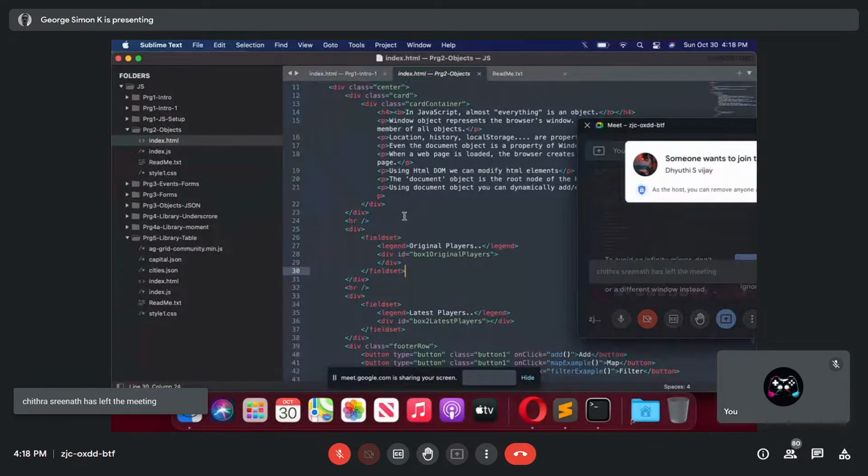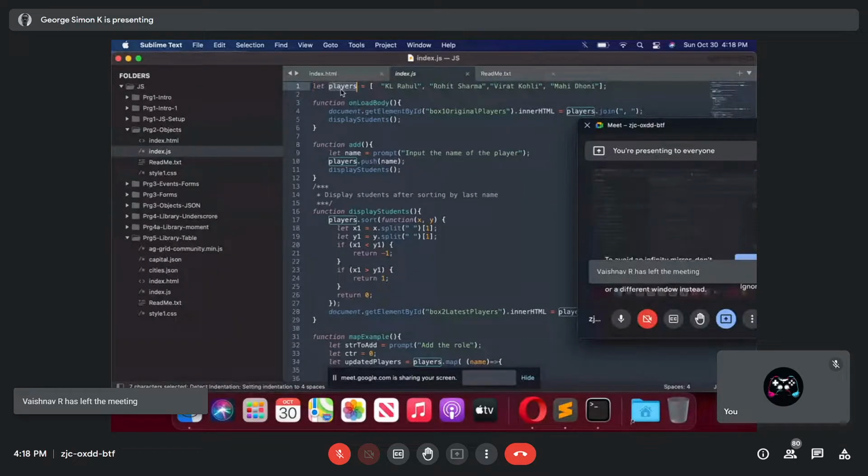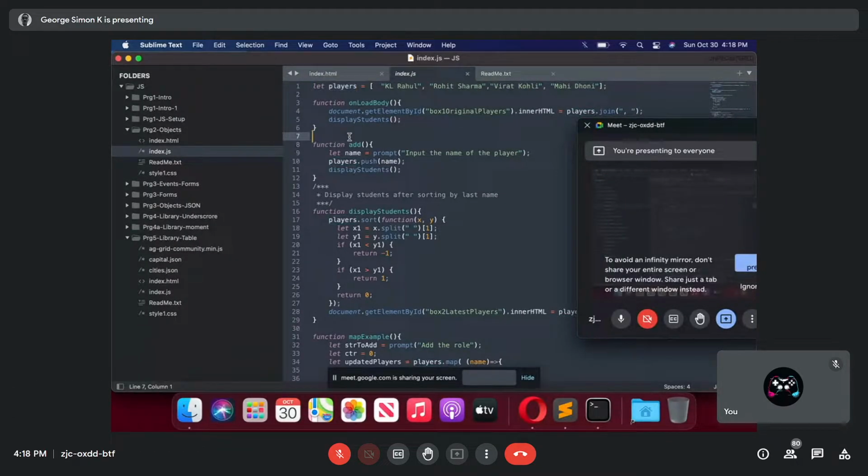There are a few ways you can populate content into an element. Again, when I say element, that's basically an HTML tag, starting and closing. Here in this example it is a div tag. This box I want to fill with some details, and the details are the names of the players. There are a few ways you can get a reference, or a pointer, or an object for the element from the document object. There are a few methods, but one of the most prominent methods is getElementById.